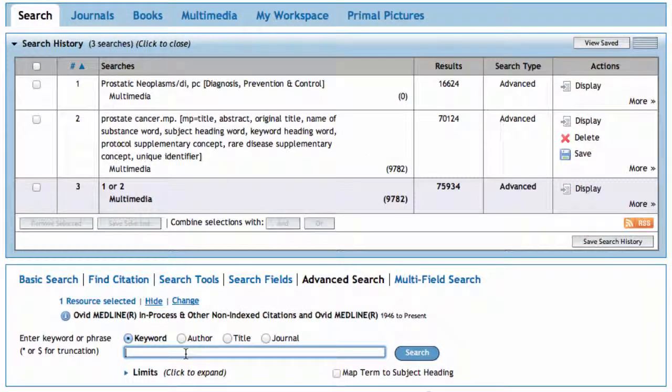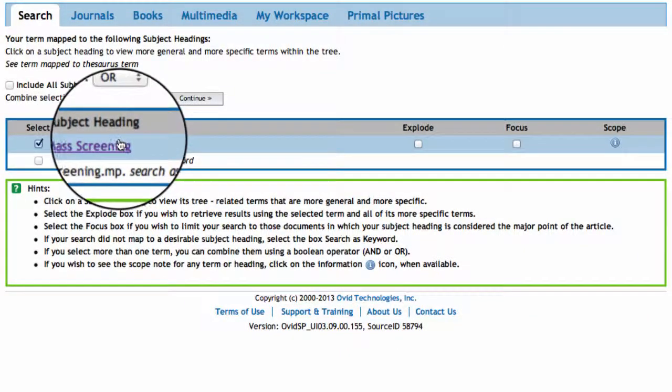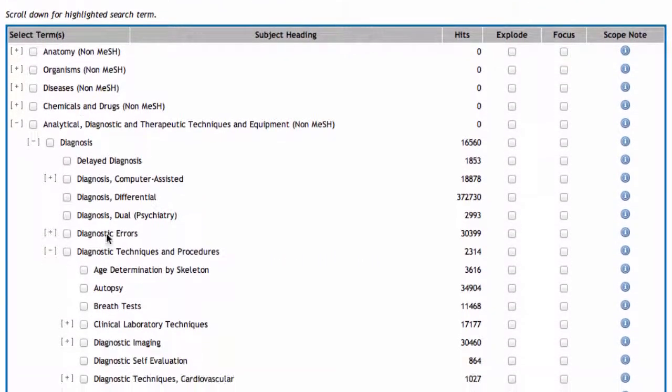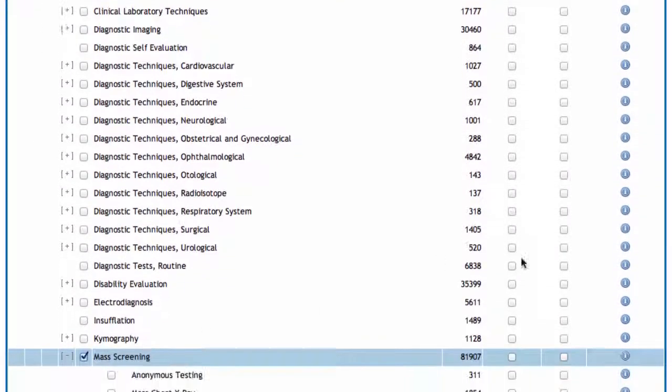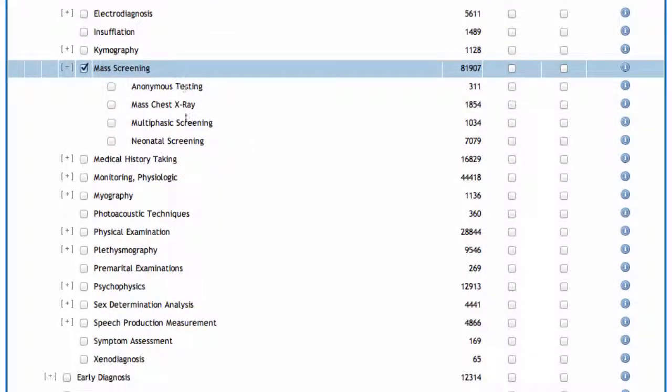Now I'm going to consider my next concept, or second major concept, of screening. And here I'm going to ask the system to map the term to a subject heading. So it suggested mass screening here. Again, I can follow the same steps. I'll look at the tree structure for the subject heading, and in this case there are more specific subject headings